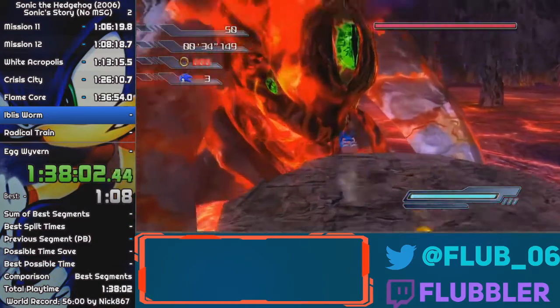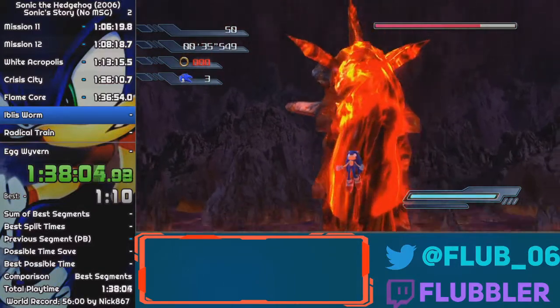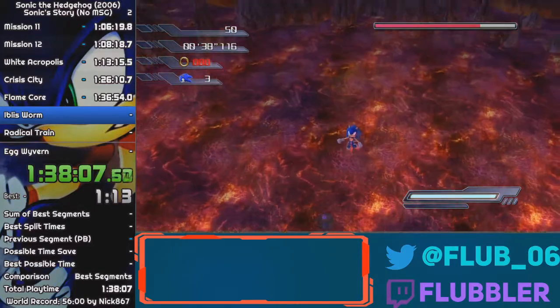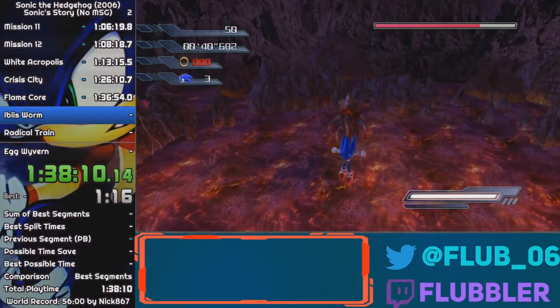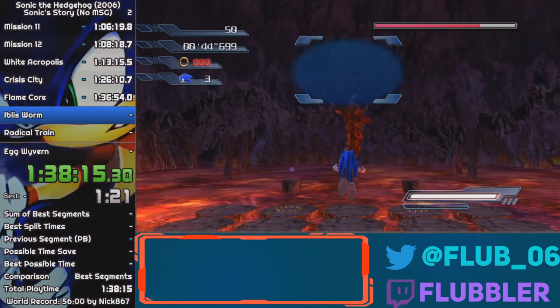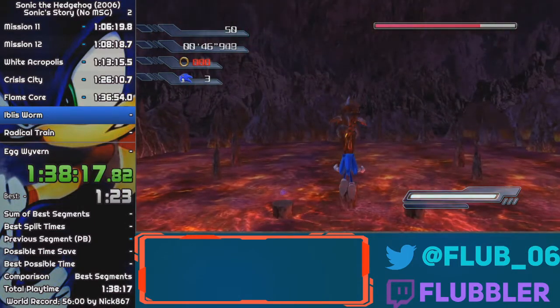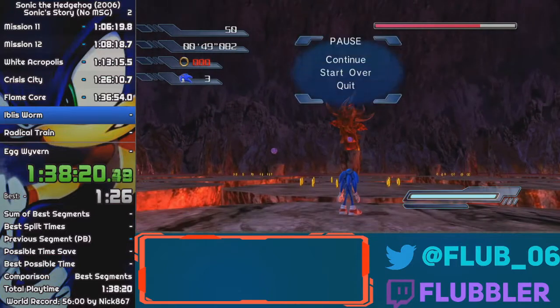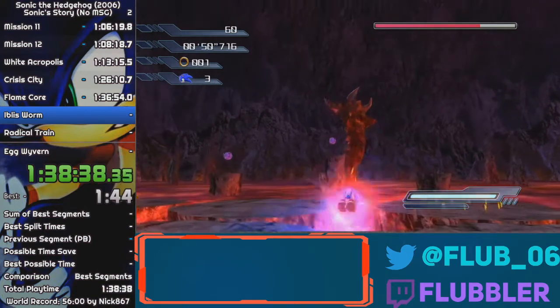And I missed it, but yeah. I don't usually do this stretch, so just something to keep in mind when you do that. And also, you want to get rings there, so that way you have a contingency of some rings. So, right here, you'll know if you get good or bad RNG. This boss also has RNG as well. But it's not really that bad, because it can be up to 6 seconds bad, which normally usually isn't. So what you want to do now is get some rings, go over here,